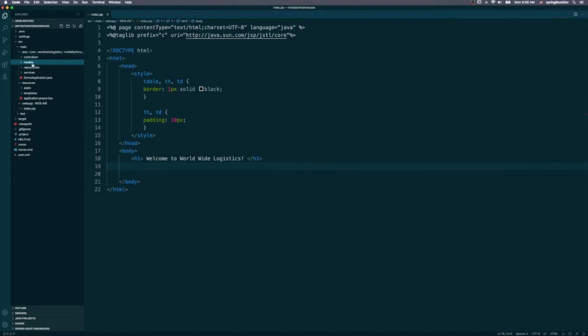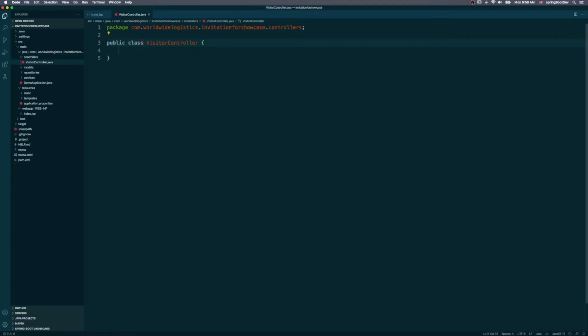So the first 2 things we will be dealing with is the model and repository. And if you were using Spring Tool Suite, anything like less than 2.3, you would want to do the first one would be the controller. So I'm going to say visitor